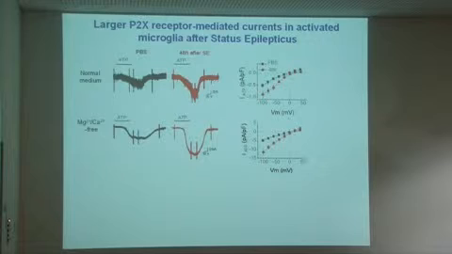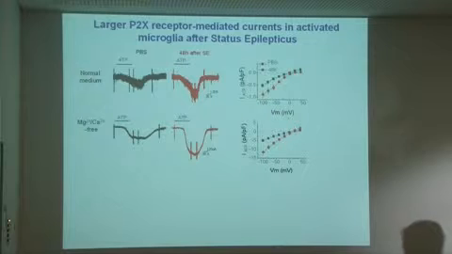So then we tried to identify which of the receptors could be underlying this response, and we used a trick that has been used to potentiate the responses due to the activation of P2X7, which is to remove calcium and magnesium from the external medium. This is known to potentiate the response due to the activation of P2X7. And indeed, when we do this manipulation, we have an increase in the current density that we can record from those cells in control animals. Look that the scale bar here is 10 times bigger than here.